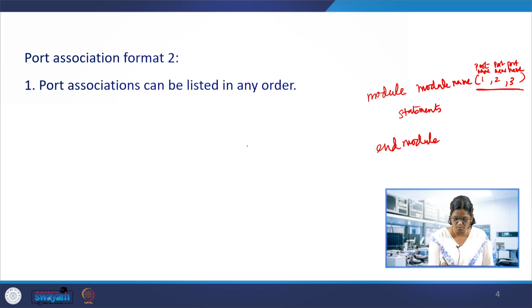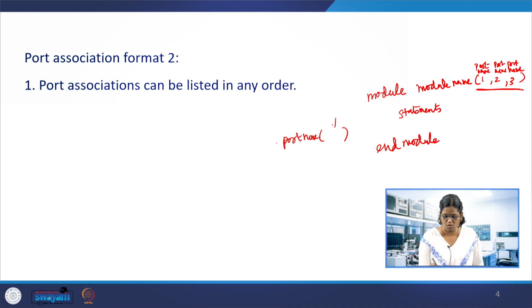So which has dot port, dot port name, whatever the syntax is, dot port name, and in the local expression what we call that net is, or the output is. So we will see them with the example. So this can be in any order if you call a module inside a module. So these are two formats for port association which is followed in the Verilog. This is the syntax for it.